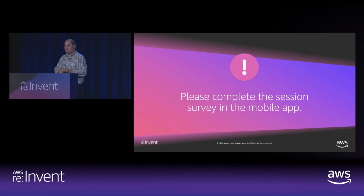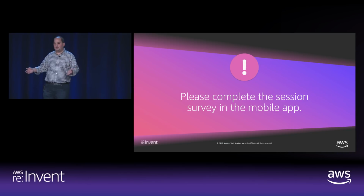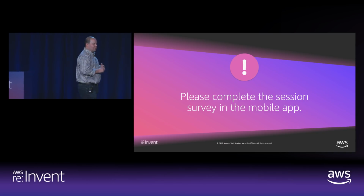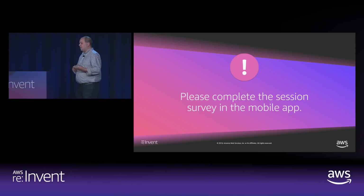I forget what the second part of that question was. The question is just how small can you shrink it? How small can you get it? You can actually check. When we say that an R5 24xlarge instance type has 768 gigs of memory, that is the amount of memory in the underlying physical system. And so what we do is we reserve some of the memory through a mechanism called the E820 tables,